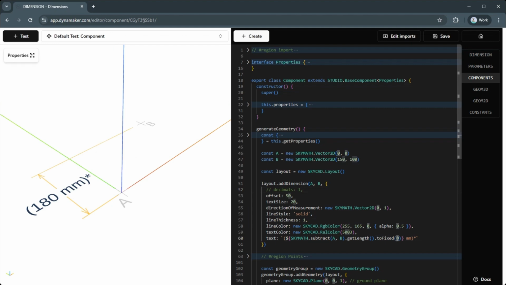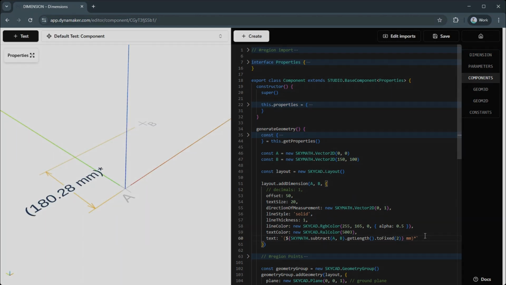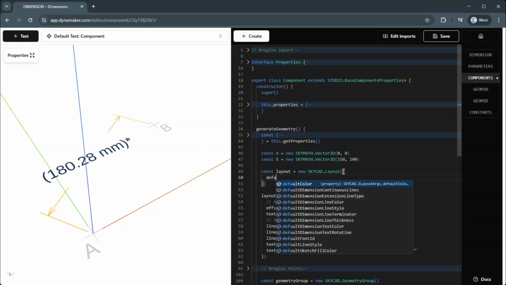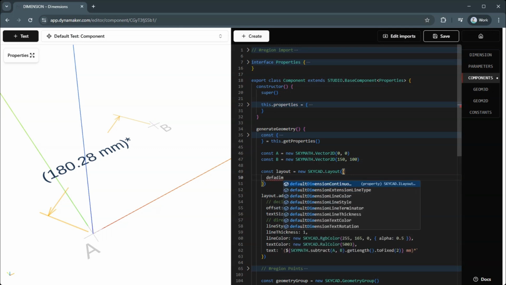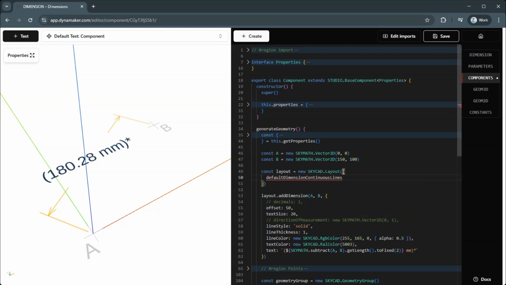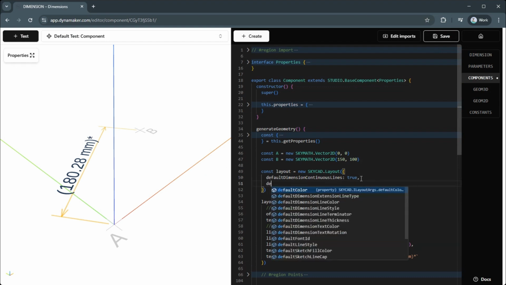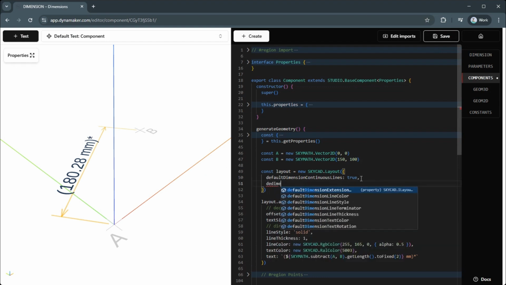Besides these specific arguments for each dimension, you can also define some properties at layout level, affecting all dimensions without specified arguments, and therefore inheriting them from the layout. Some of these related to dimensions are defaultDimensionContinuousLines, to ensure that the text follows the orientation of the dimension,